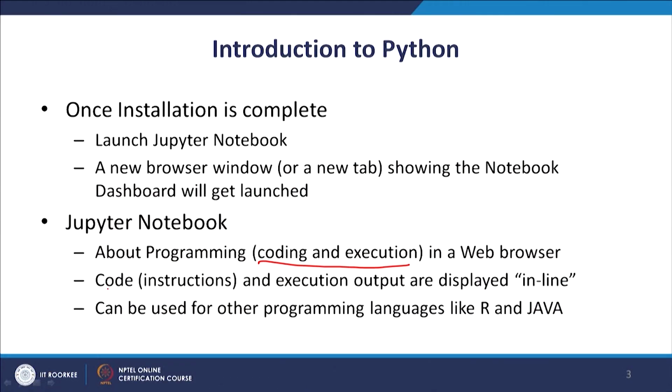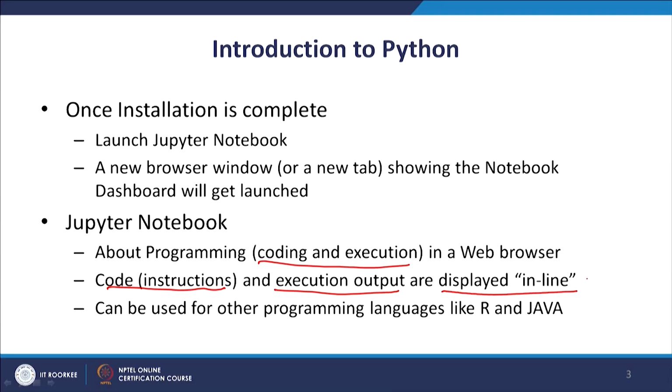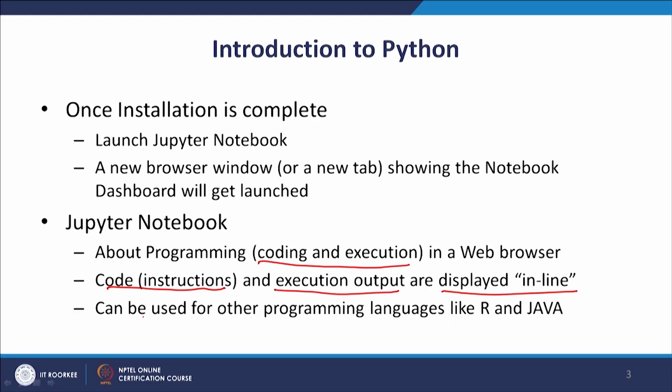Another aspect about Jupyter Notebook is that the code, the set of instructions that we write, and the execution output, once we execute that code, whatever output is generated, are all displayed inline. So, you have a line, you execute that and you get the output, then you reach the next line and execute that line of code and then you get the output. So, everything is inline in this particular